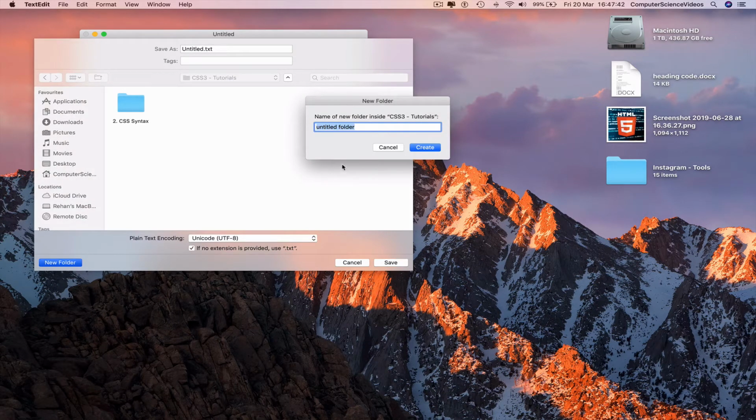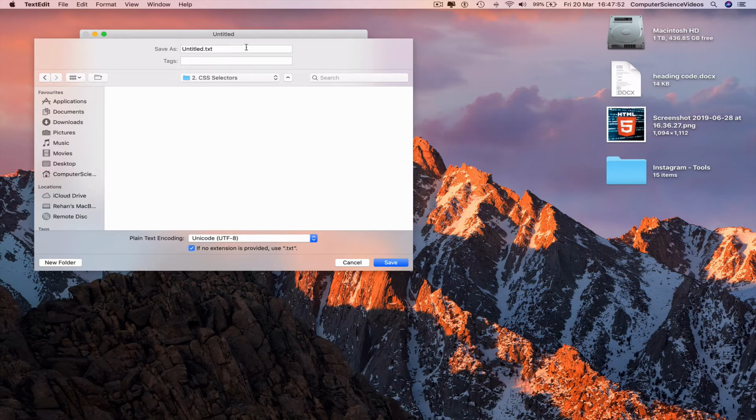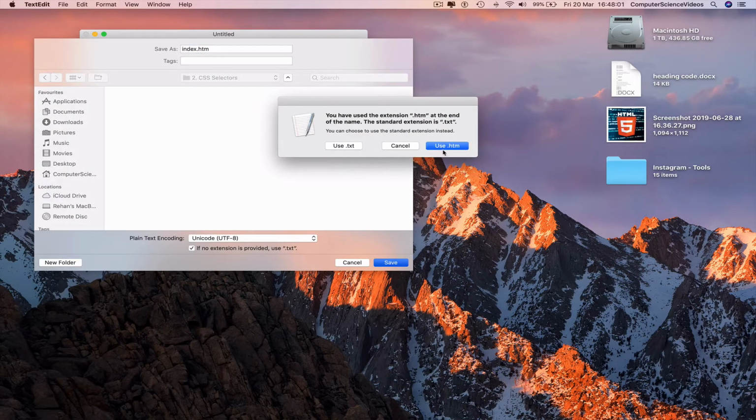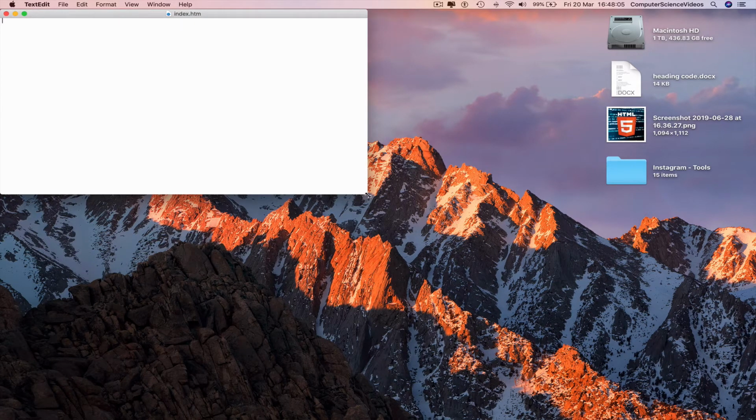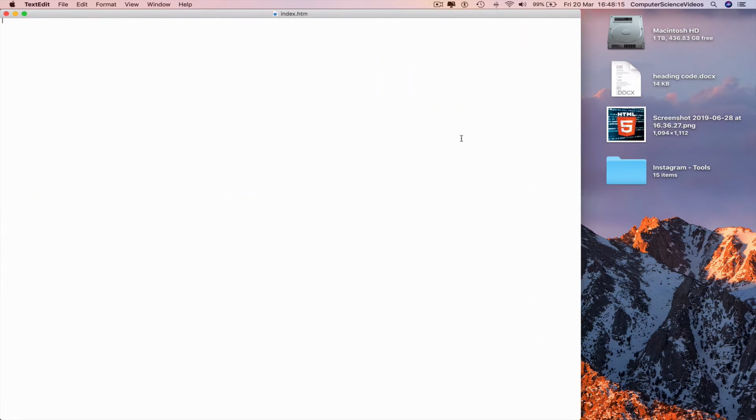Create a new folder and call it CSS Selectors. Click Create, go to the file name, index.htm, save, and yes, use .htm. Increase the size of the TextEdit file, and now we are ready to start the programming